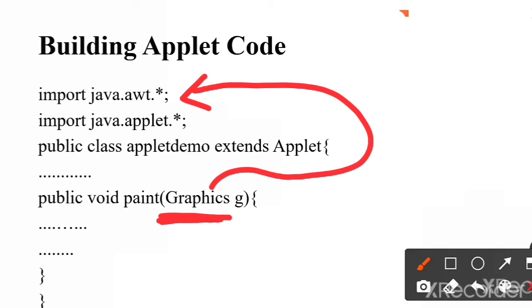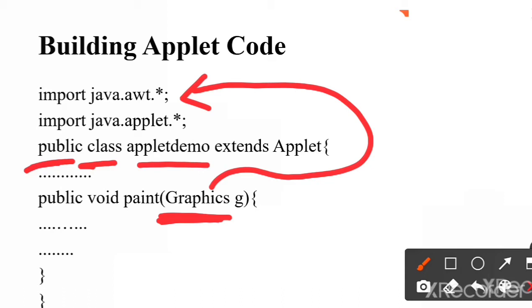So we are going to create an applet class by writing, as usual, the class. Always the class should be declared as public in an applet program. The class is public, and we know how to create a class in Java. We write the keyword class followed by the class name.